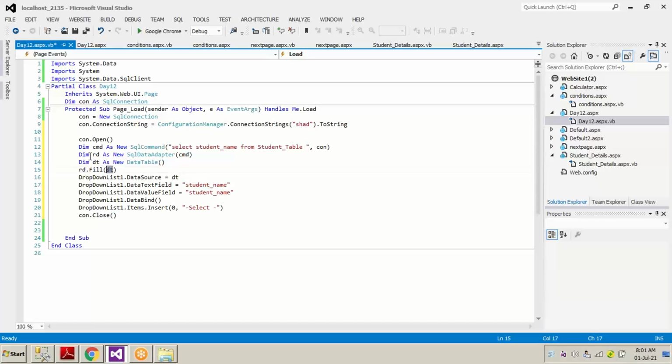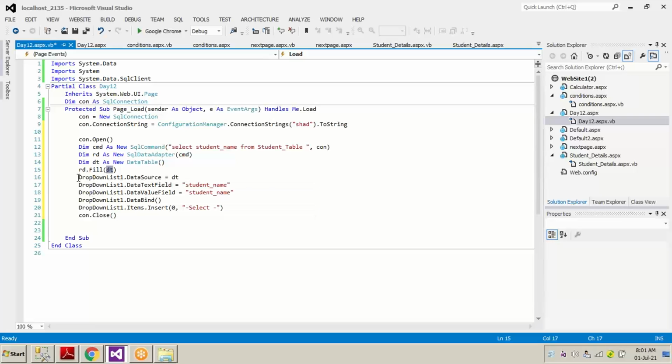RD.fill is DT. What is RD? RD is a new data adapter which is connected with CMD. What is CMD? CMD is a command. So everything is connected in a sequence format. CMD, RD is connected with CMD, DT is connected with data table, and here RD.fill.dt.